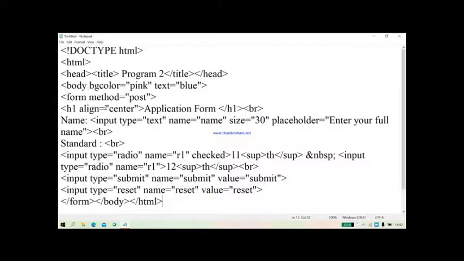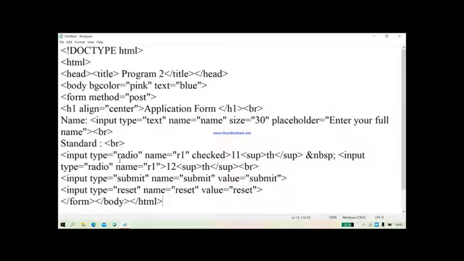So after body tag, always start with the form method is equal to post, where h1 align equal to center. It is used to give the alignment in the center with the application form, and then slash h1. Accept the name with the input type equal to text, name is equal to name, size is 30, and placeholder attribute is used so that user will come to know what to enter over there.